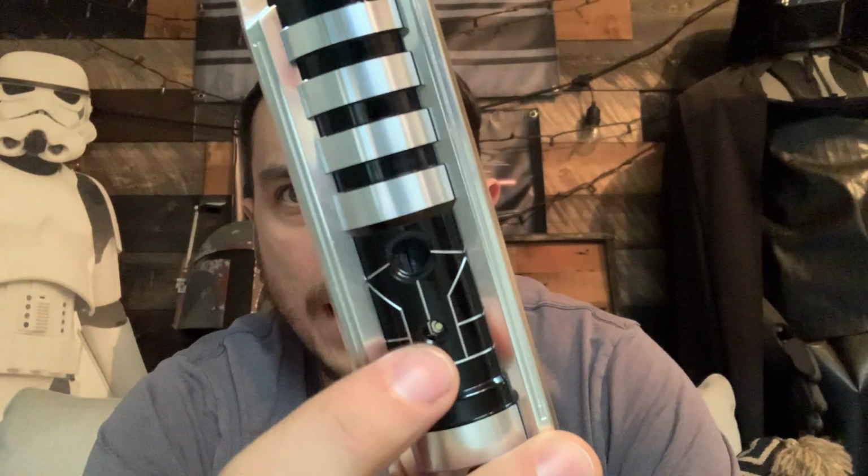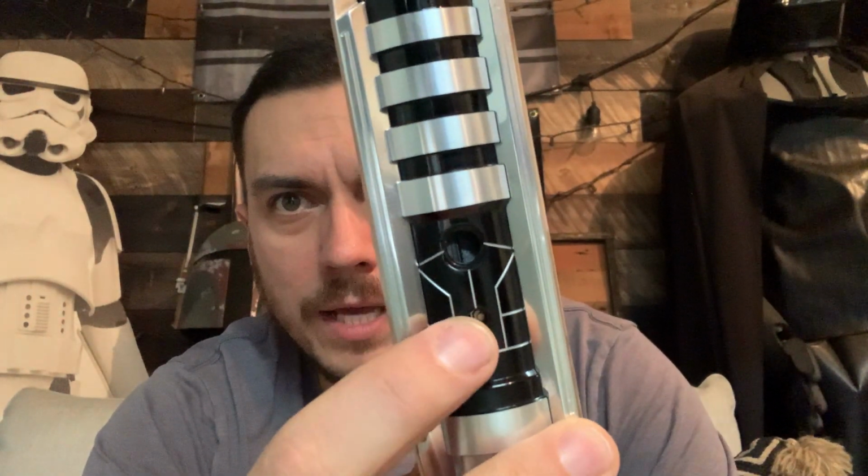But you're going to get to about that point right there where your speaker is, but you're not quite where you need to be yet. So you can see your activation button through this window, but that actually needs to be up here. You don't want to press on the speaker, but what you want to do is put your finger on the side of the speaker right there and press. I just do it with my thumb, on the edge of the speaker. I'm able to push it in, and then once I've got it in a little bit, I want to come up here to these switch windows and make sure that I'm lining it up